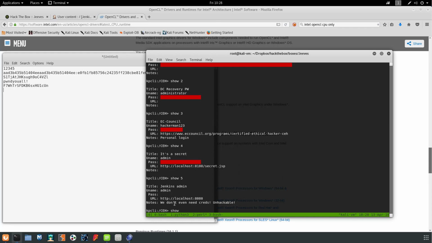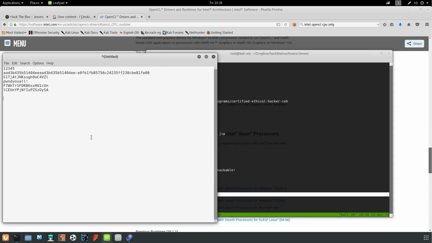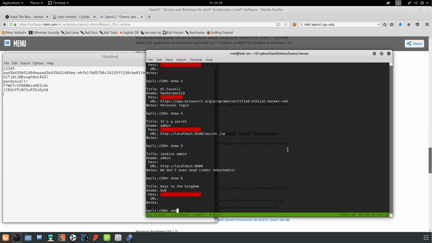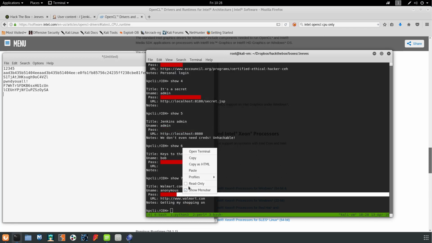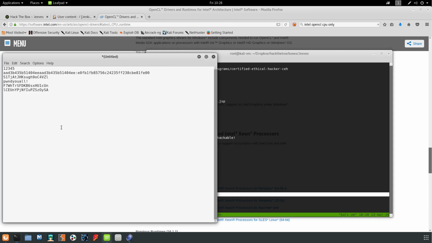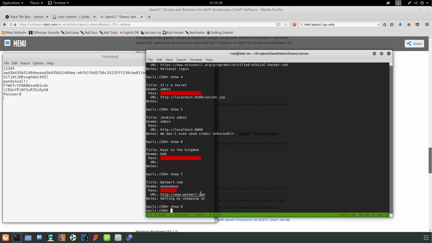Show keys to the kingdom, huh? Bob. And Walmart. Probably not interesting, but sometimes people reuse passwords, although hopefully not one password. Okay, so that's all the credentials we have in there. Most of the usernames are admin or administrator. There's one Bob. There's a Hackerman. So